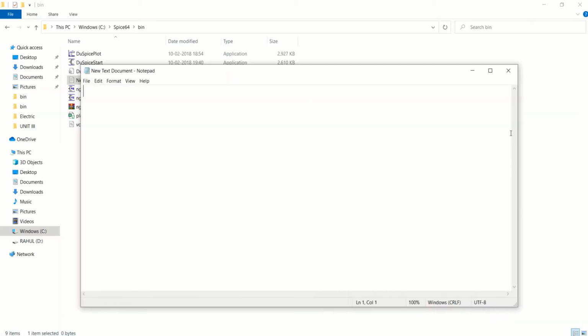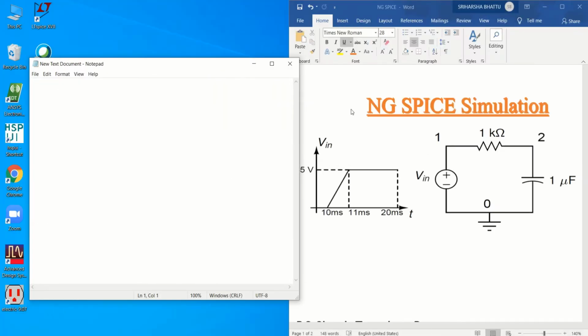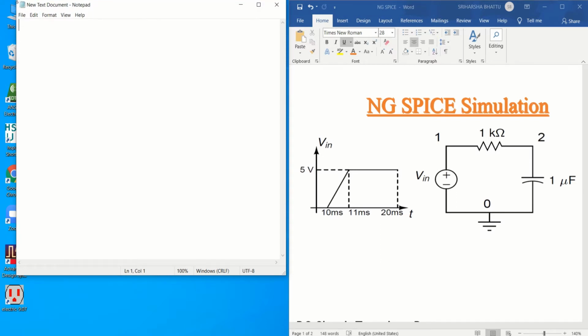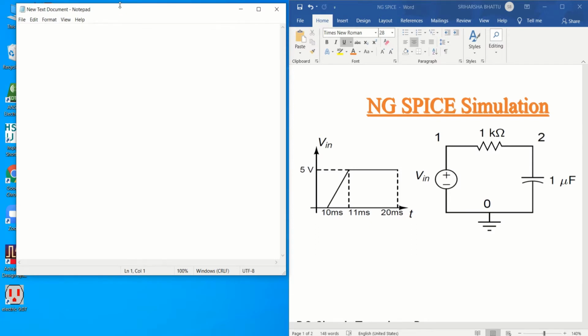Now I have to write the SPICE file for this circuit. Before that you have to understand how a SPICE code looks.